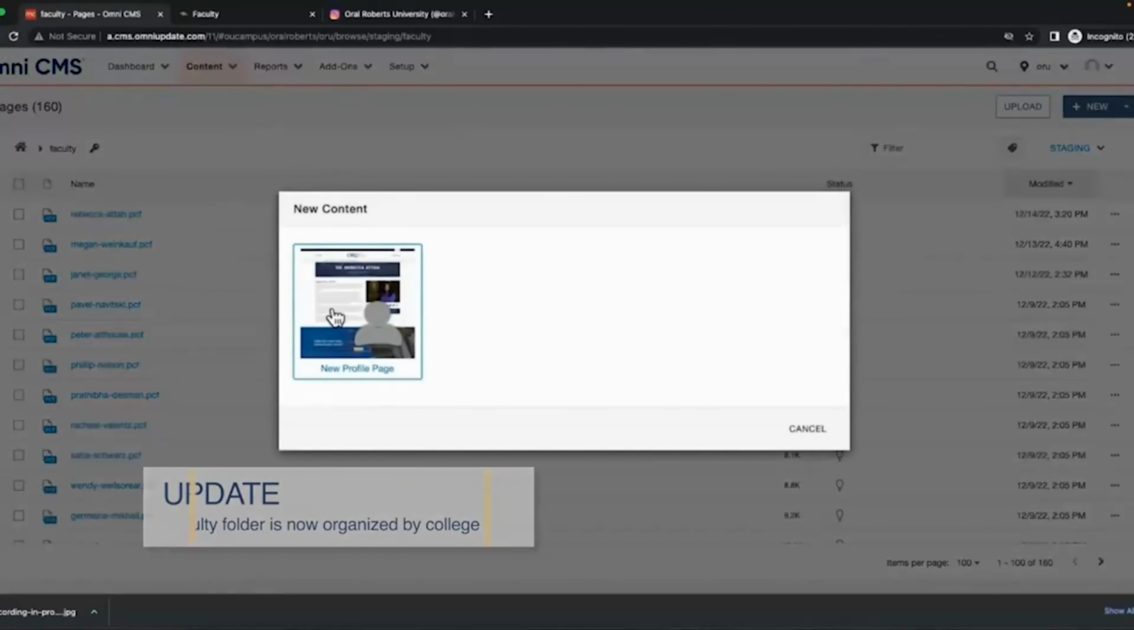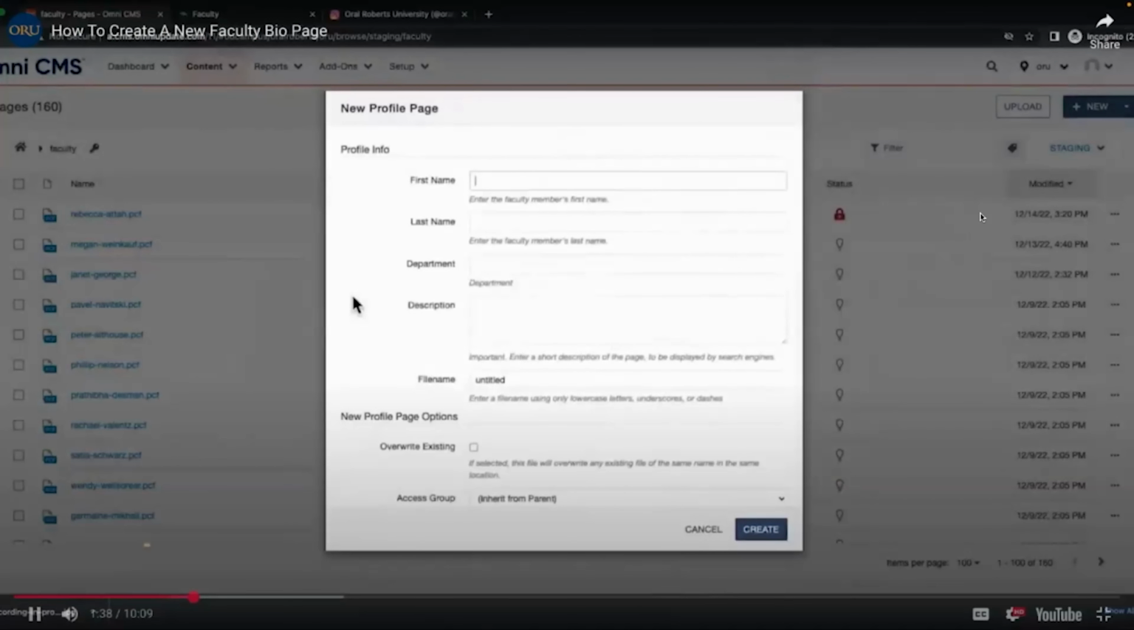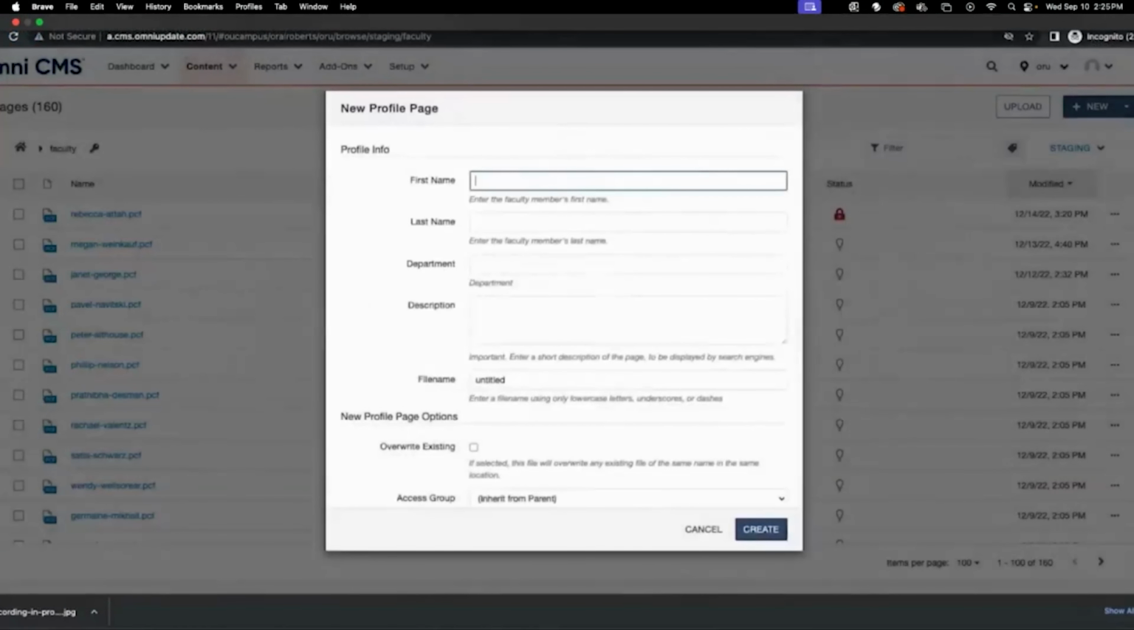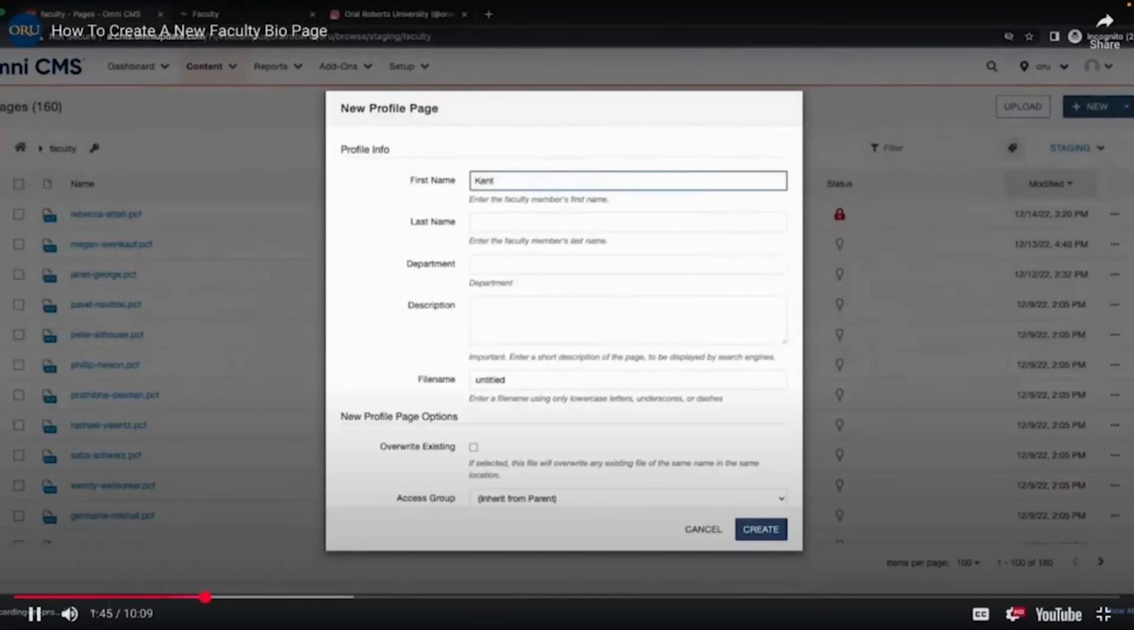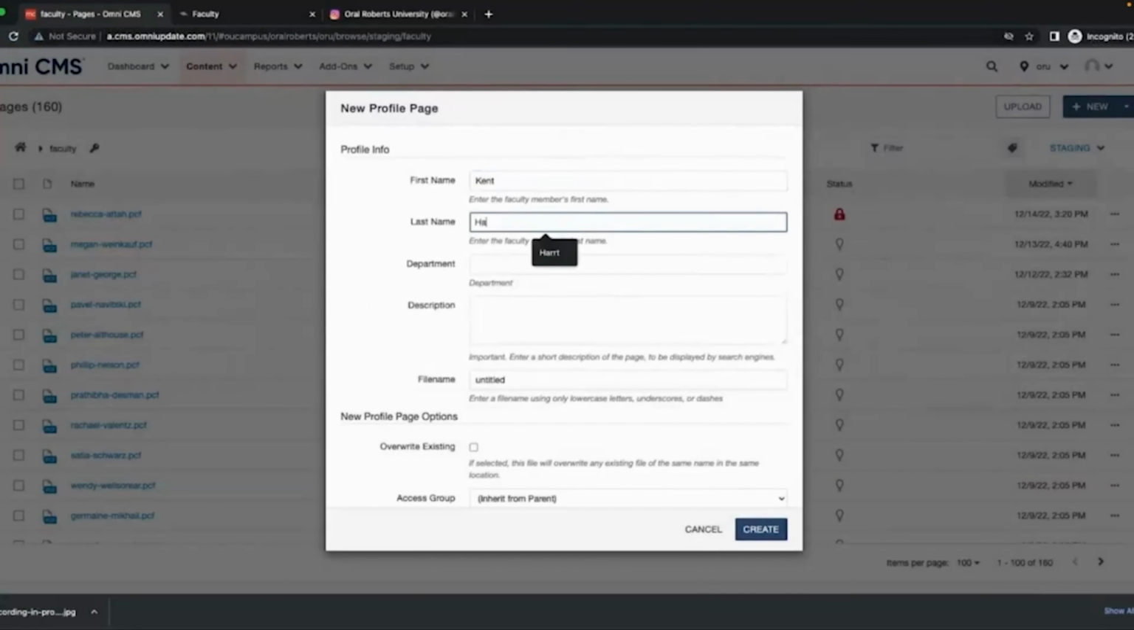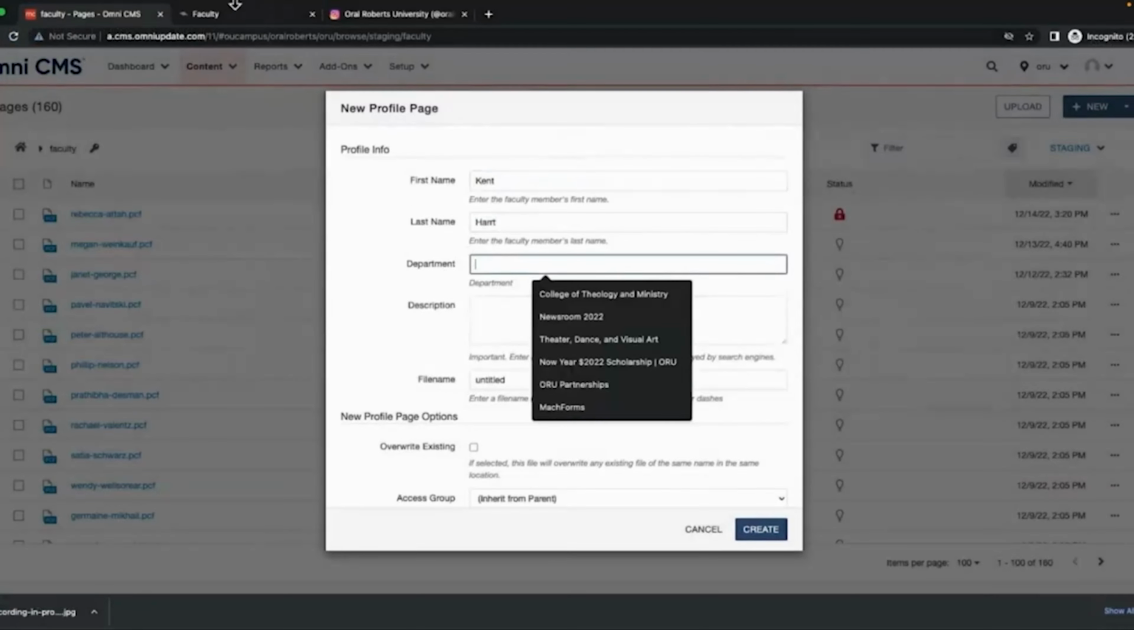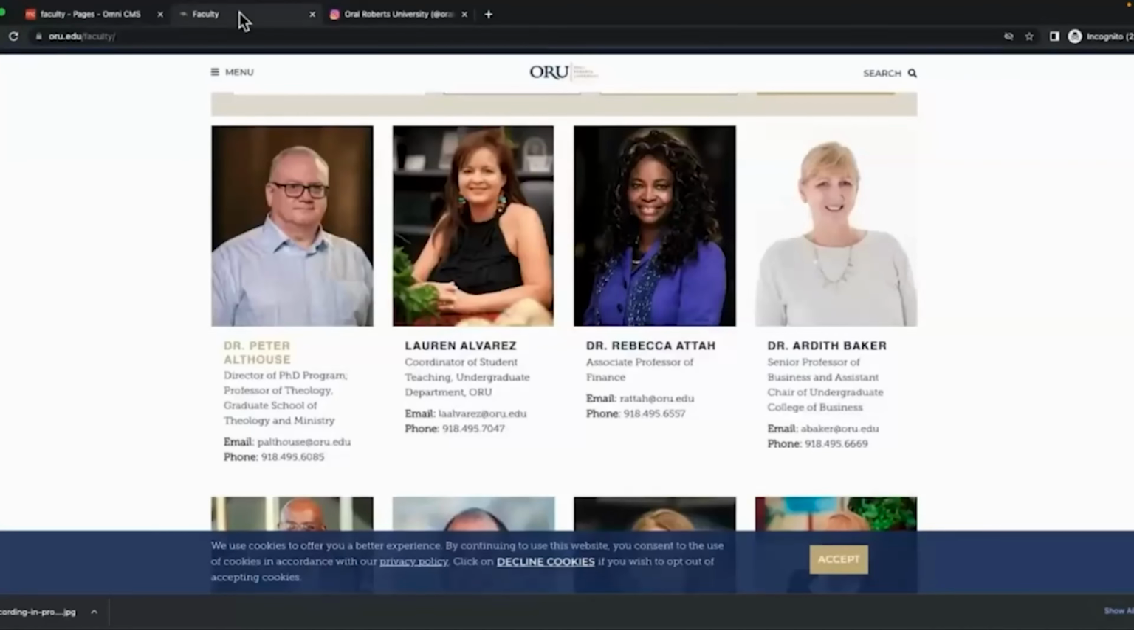There's only one page to click, so this is the page you click. So here we go. We need to have a first name, so I'm going to use Kent Hart. And then the department. Now, one thing you need to understand with the department is you need to use